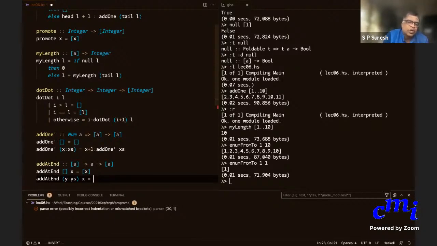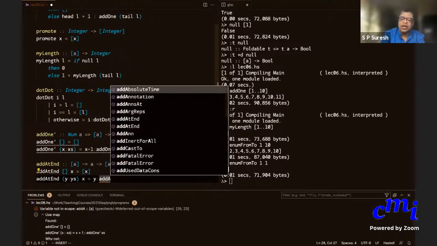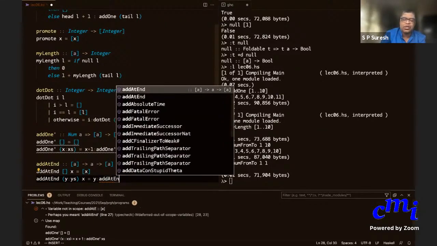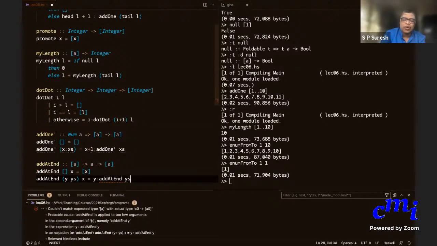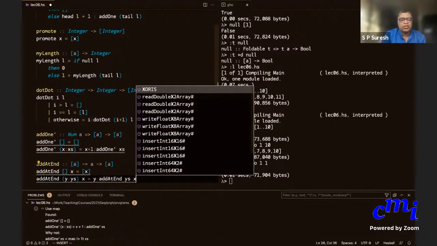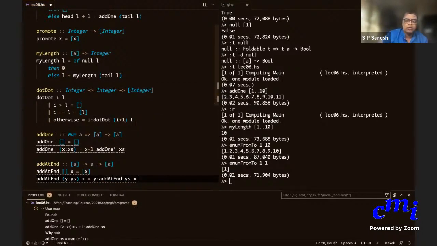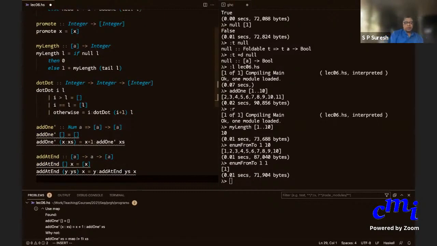Anyone, please volunteer. Y colon add at end of ys x. Exactly. You don't disturb the front of the list at all. You have y as usual, but then in the tail of the list you go and add x to the end of it. Add at end of ys x. That's it.